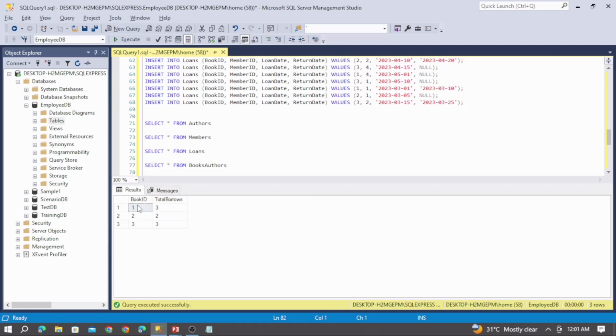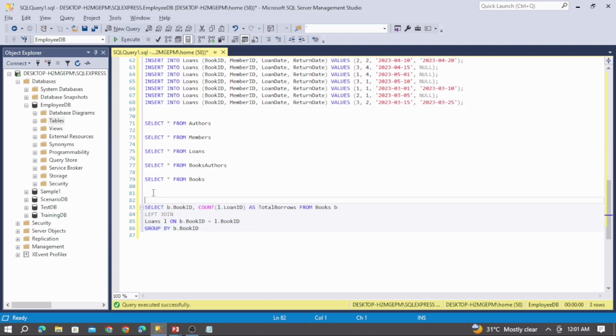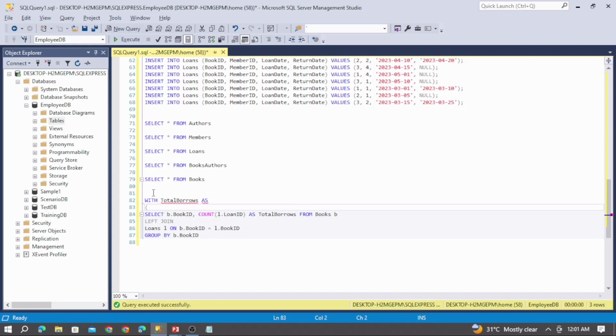So here you can see for each book the count of borrows made. The first book has been borrowed 3 times, second 2 times, and third 3 times. So let me take this inside a subquery, which is a CTE. So let me take this and name it as total borrows and take alias name as